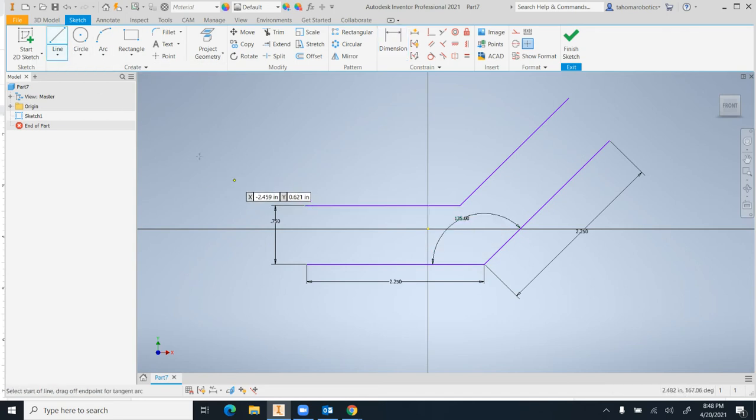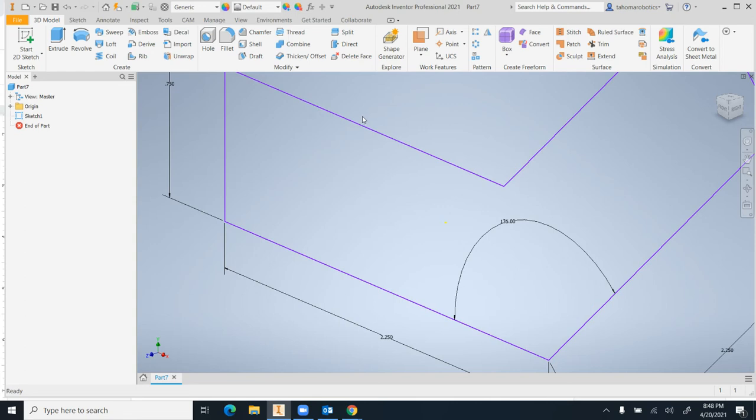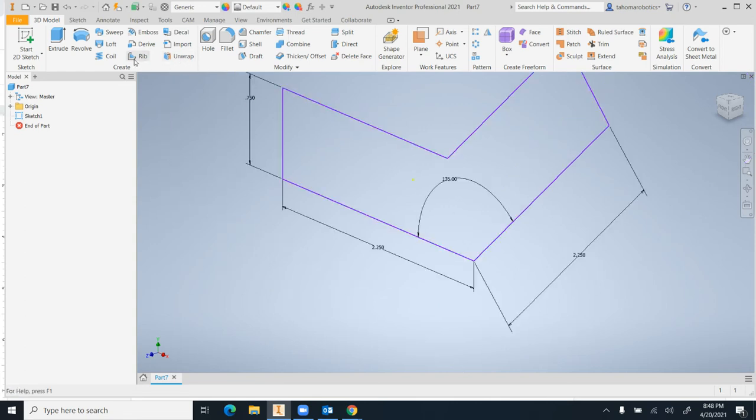Next, I'm going to hit the Line button and close everything up. I'm going to be careful that my cursor snaps into the end of that line. Click, and then I'm going to do the same here. Make sure it closes that off. And then I'm going to do the same here. So now that I've closed this entire loop, I'm going to hit Finish Sketch, and I can extrude this